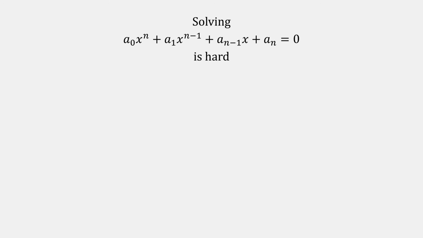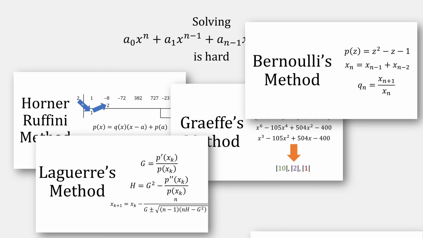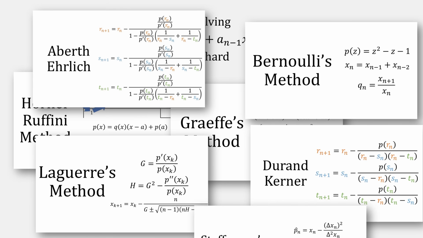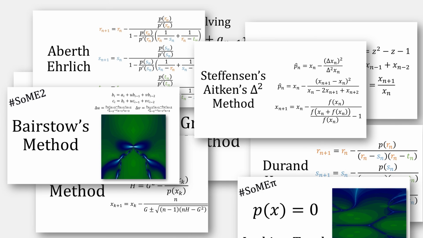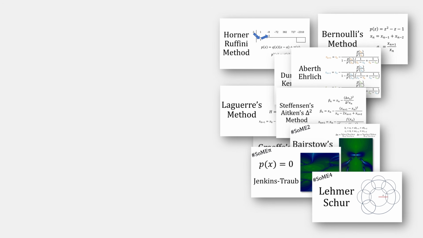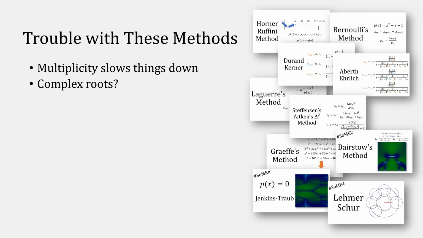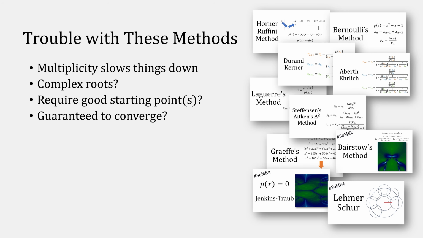Root finding is a hard problem, and there are many methods to solve it, a lot of which we've discussed on this channel, such as Durand-Kerner, Aberth-Ehrlich, Steffensen's method, Jenkins-Traub, and even Lehmer-Schur. The difficulty with these methods is that they may have issues of multiplicity or finding complex roots. You may also need to give them really good starting points, and sometimes they may not converge, if they're even